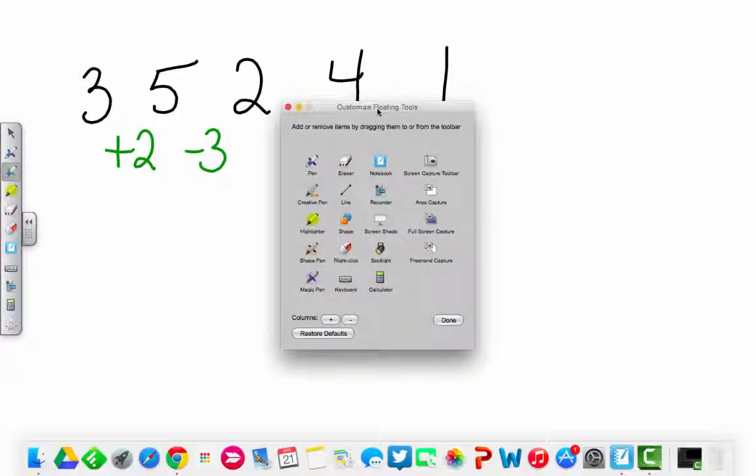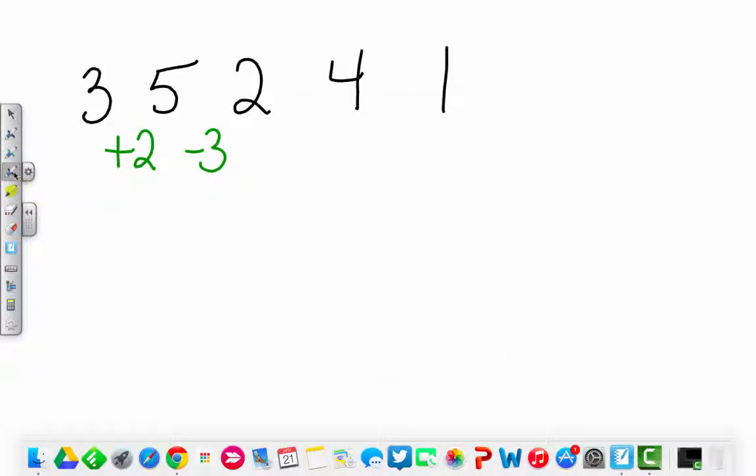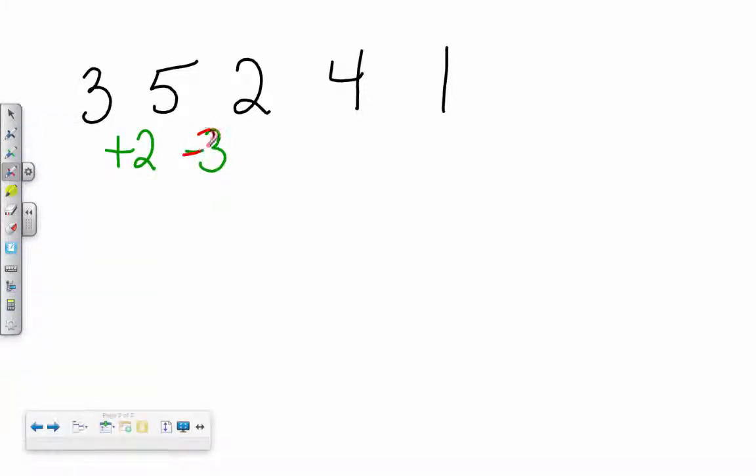You know what? Hang on, let's see if I can add another pen to this. I can. That's going to be perfect. And I want this pen to be red. Okay. What about yellow? So minus 3. Okay, what about here now? Yeah, add 2. What about the next one? You subtract 3. I get it. It's a pattern. I'm adding 2 and subtracting 3, adding 2 and subtracting 3. Okay, I have a good pattern.